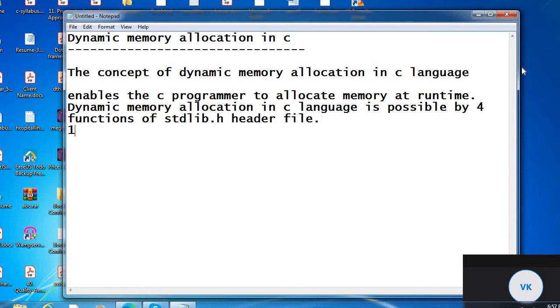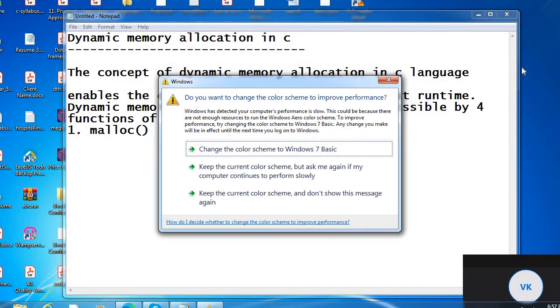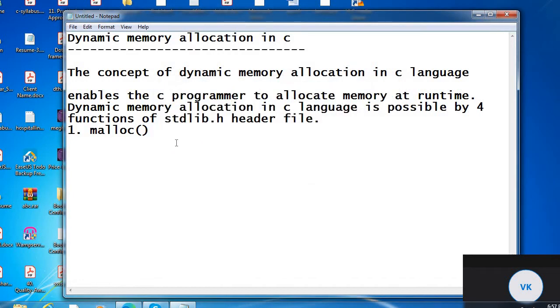First one is malloc function. Second one is calloc function. And third one, realloc function. Fourth one, free function. So before learning the above functions, let's understand the difference between the static memory allocation and dynamic